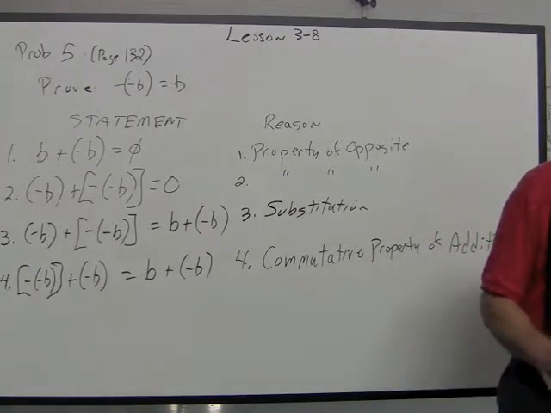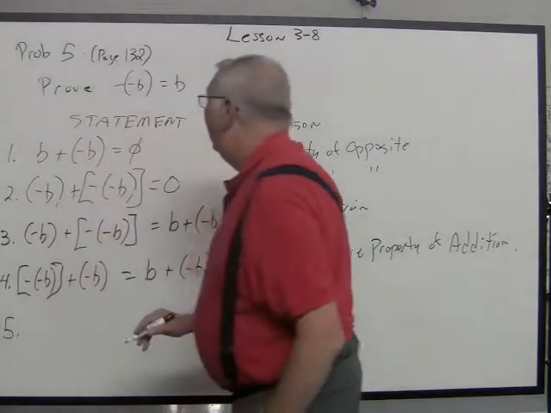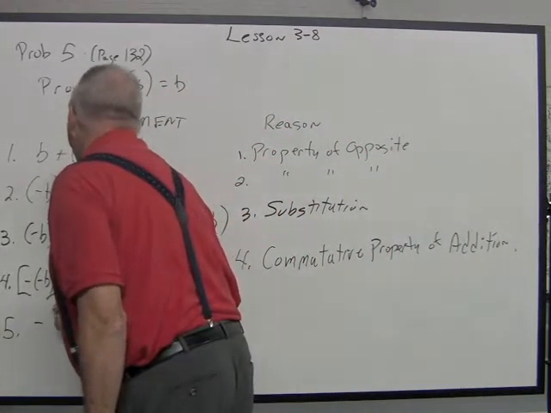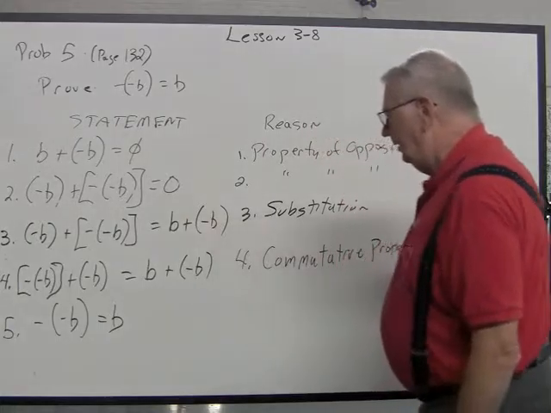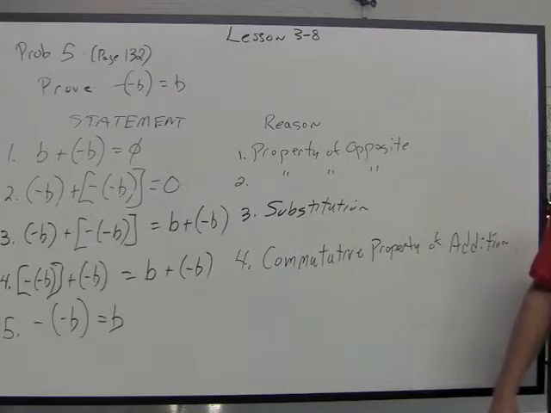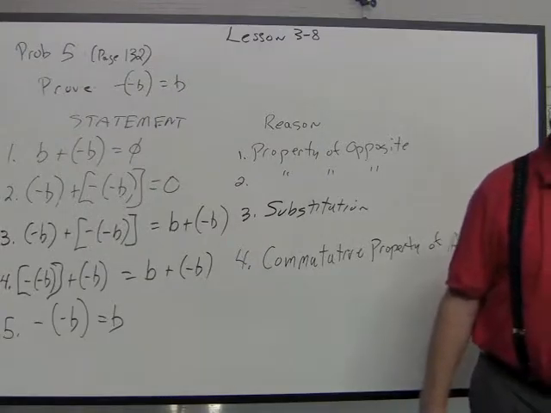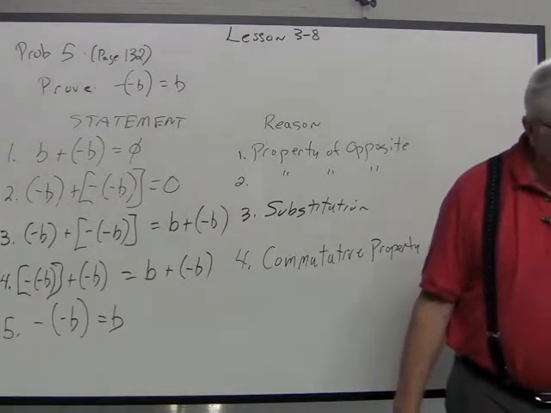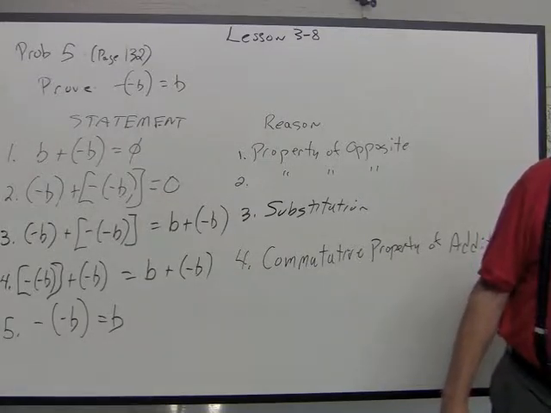Okay, now when they come to step 5, this is so neat. In step 5, they come and make the final statement, which is the original thing they're trying to prove. And you say to yourself, how in the world did they ever come up to that conclusion? Now here's an example. You'll notice in your textbook when it gives the given for it, it says proved in oral exercise 2. Well, actually it's not oral exercise 2, it's actually written exercise 2 on page 132. So right at the top of the page,